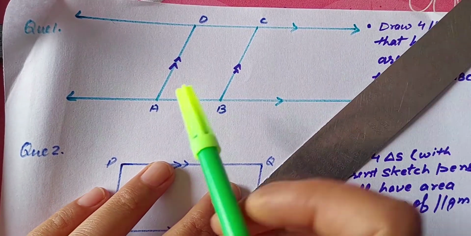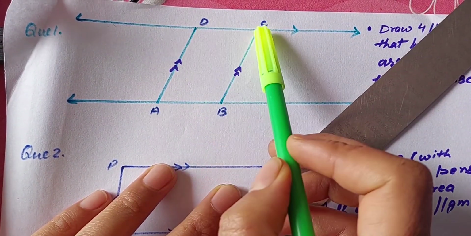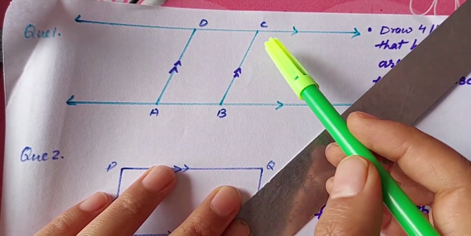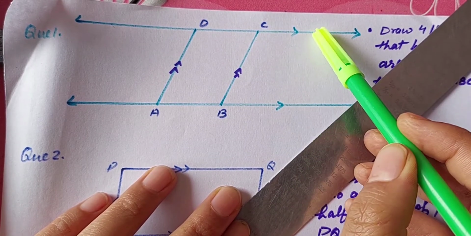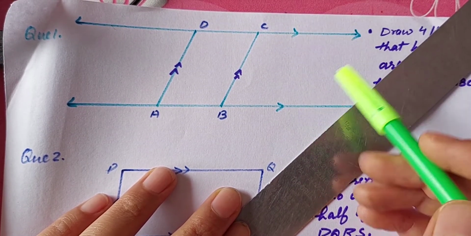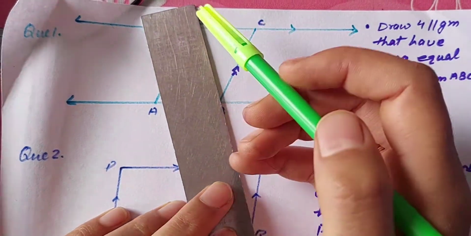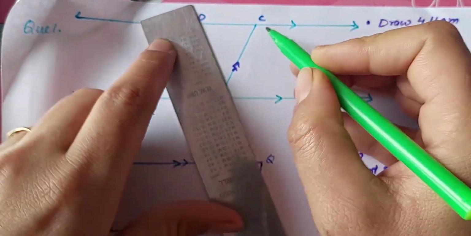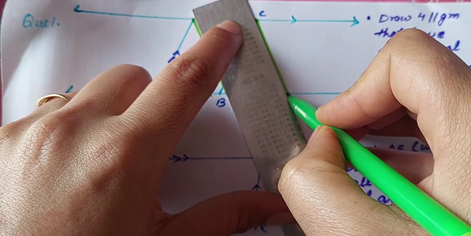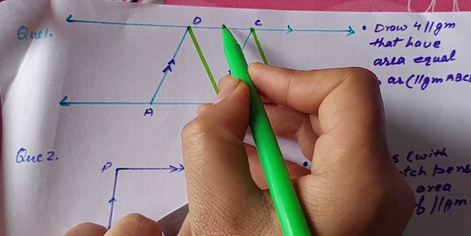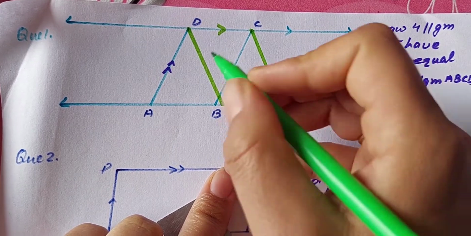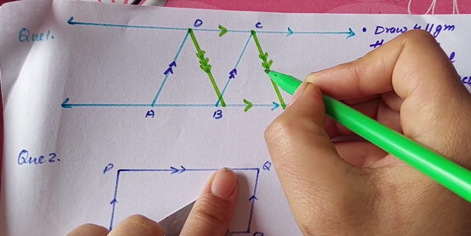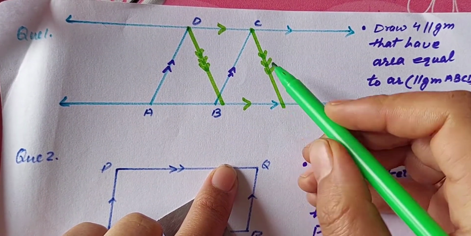So what I'm going to do, I'm just choosing either the base AB or the base DC, and I'll raise that parallelogram to this or that, meaning the parallelogram will remain between the parallel lines. So here if you see this parallelogram here, this side is parallel to this already, and I have drawn these two parallel, no? So it's a parallelogram, and its area is actually equal to this.